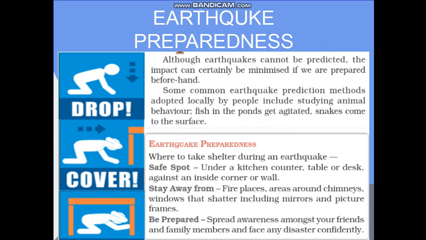Now sometimes we may also experience earthquake. So how do we prepare ourselves for earthquake? Earthquake preparedness. Although earthquakes cannot be predicted, the impact can certainly be minimized if we